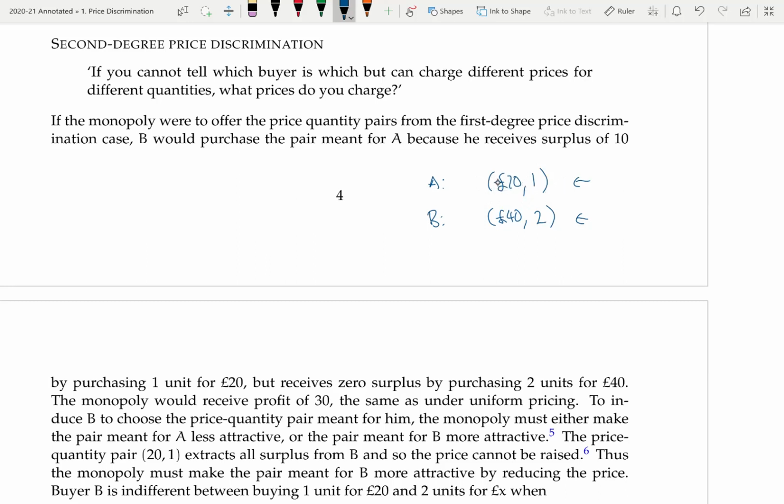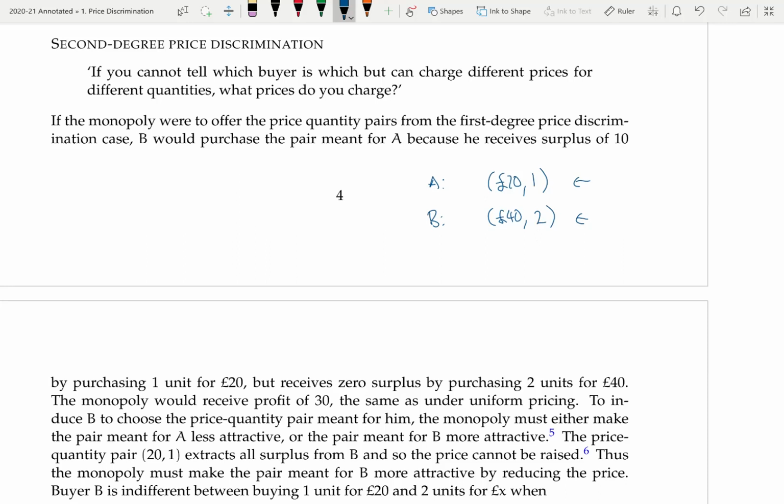and so they'll get a revenue of 2 times 20, which is 40, minus 2 times 5, which is 10, which is a profit of 30. But the monopoly can actually do better than this. So how can they do better? Well, they can do better by altering these price quantity pairs so that buyer A and buyer B buy different